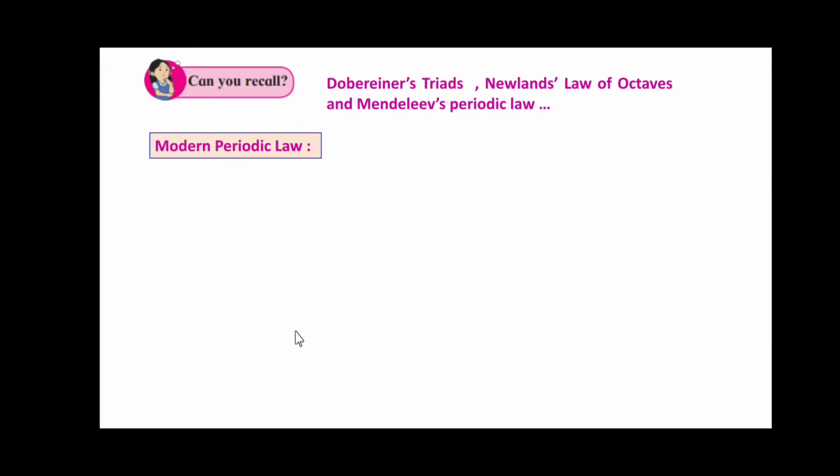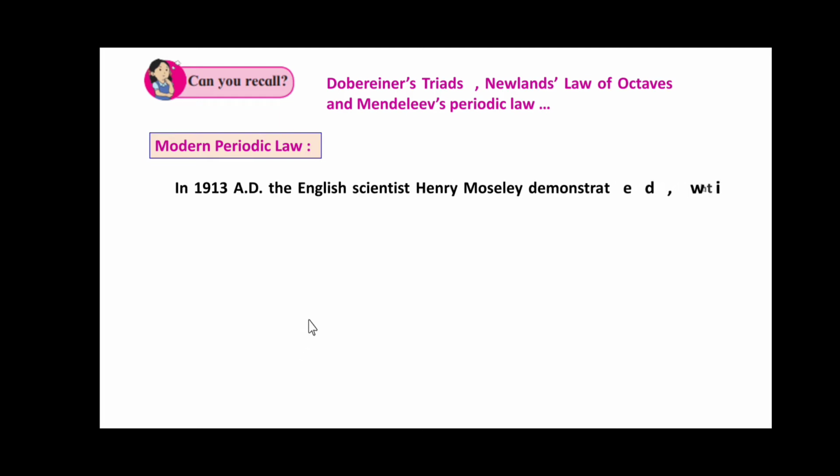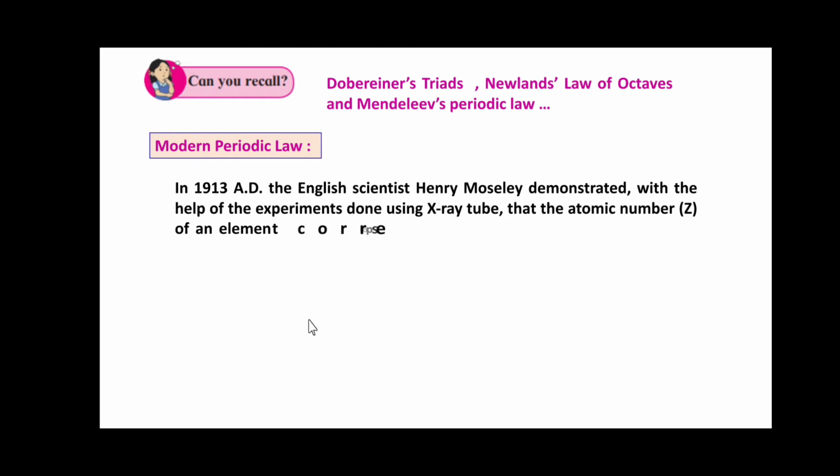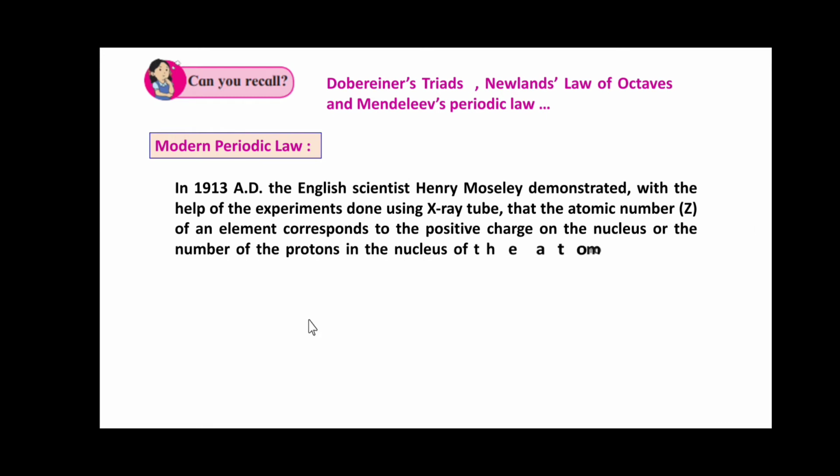The scientific world did not know anything about the interior of the atom when Mendeleev put forth the periodic table. After the discovery of the electron, scientists started exploring the relation between the electron number of an atom and the atomic number. In Mendeleev's periodic table, the atomic number only indicated the serial number of the element.